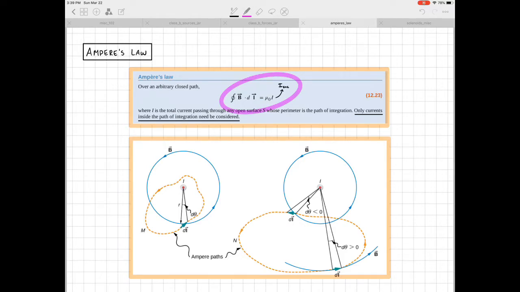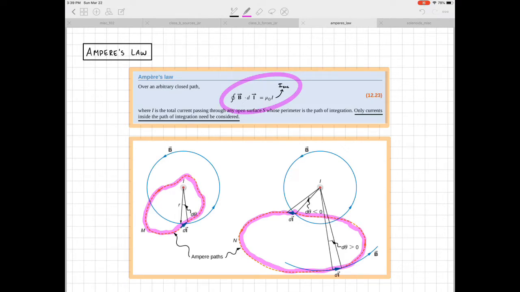And so the two pictures below kind of demonstrate this. On the left-hand side, I've got a current carrying wire with current coming out of the page, and we've drawn this path M around the wire, and then on the right-hand side we've drawn the path N. Those are just arbitrary paths, but you'll notice that inside the closed path on the left there's a current carrying wire, current I,